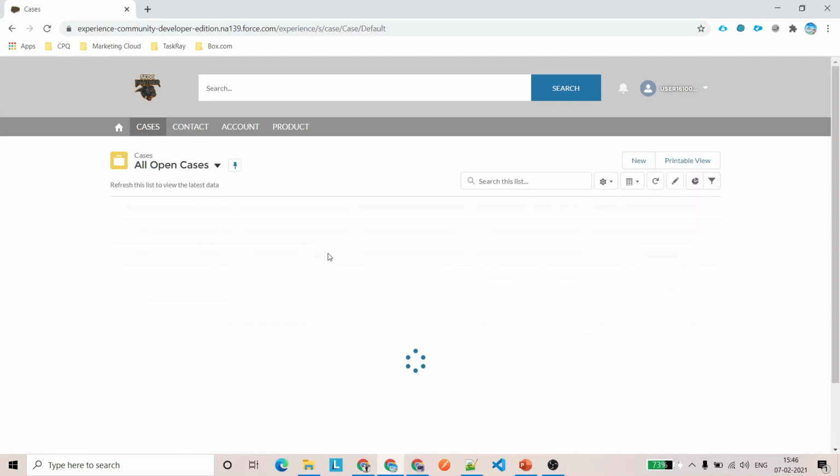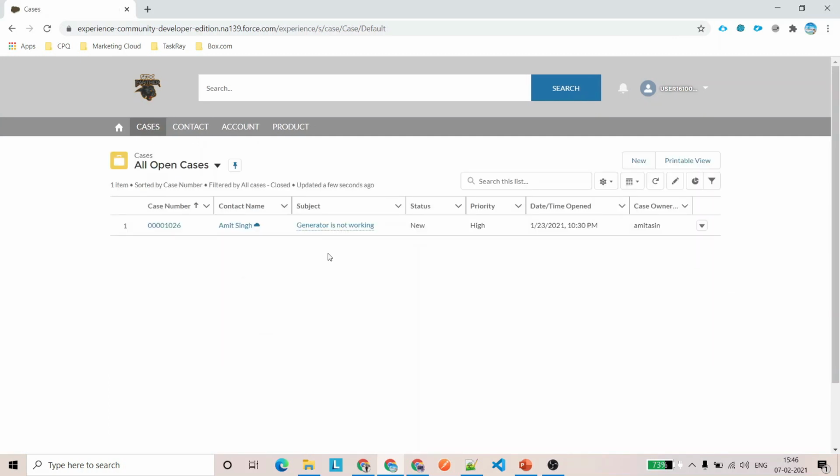So that is how you can implement single sign-on for your digital experience. You can even try to implement using your Gmail, using your Twitter. All these are available there. GitHub is also an option, so you can just go ahead and try to implement this.